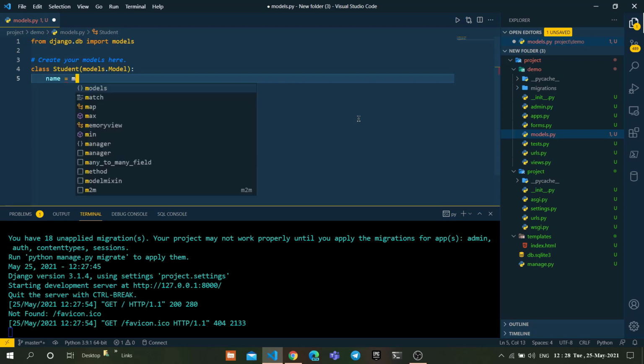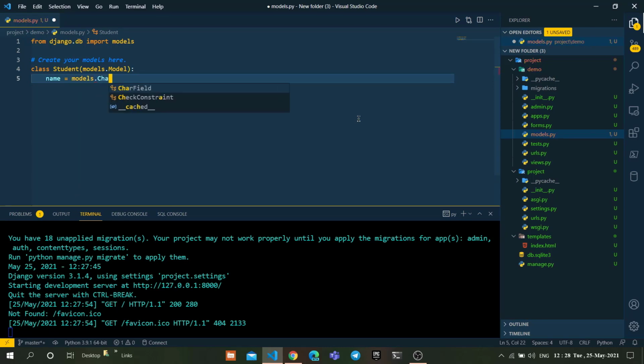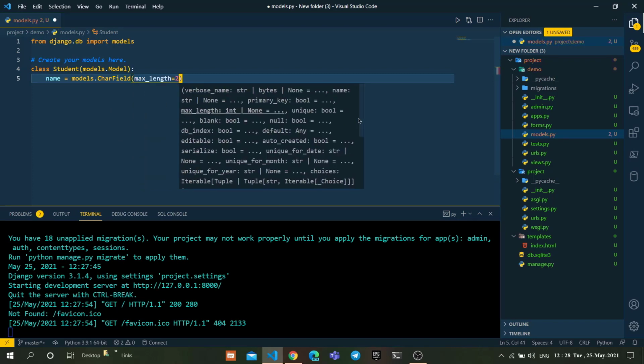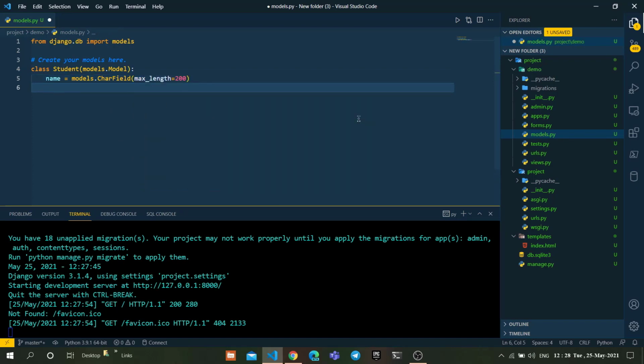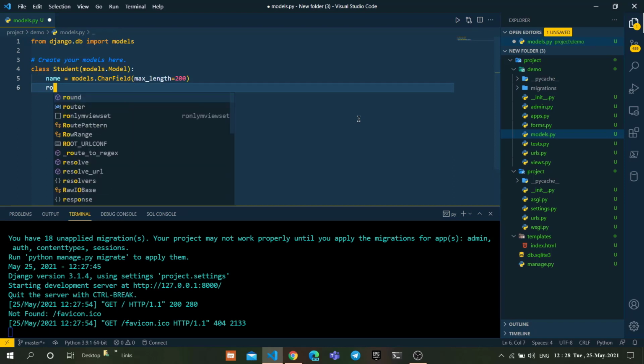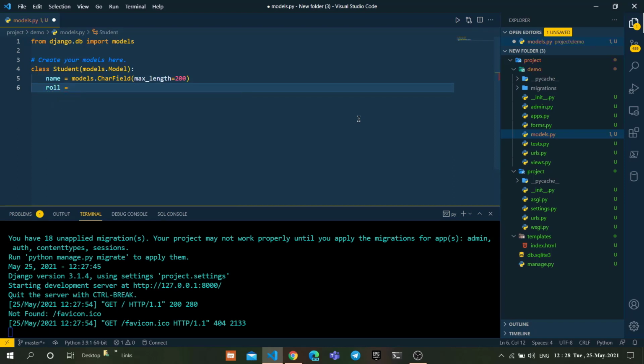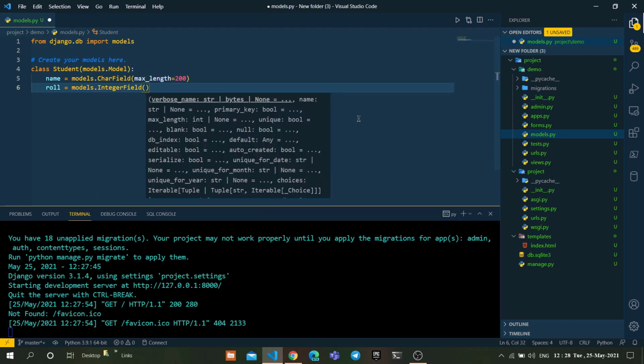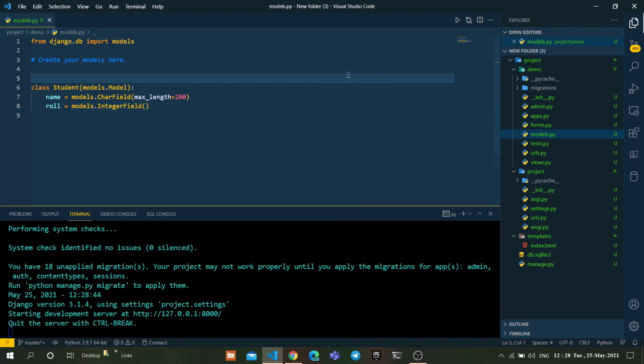For name, I'm using CharField: models.CharField with max_length equal to 200. The next one, roll, is another field: models.IntegerField. So we created a model.